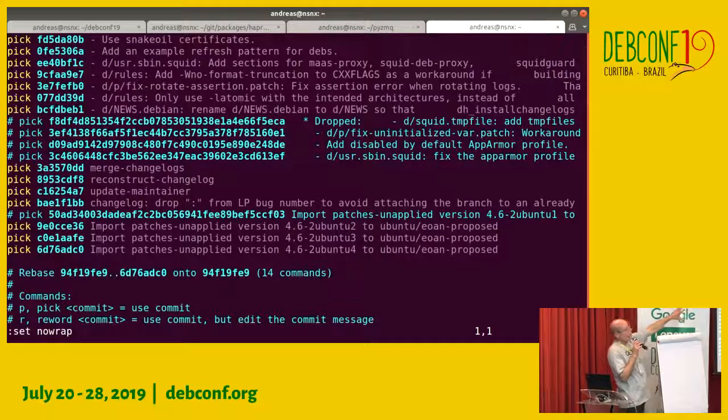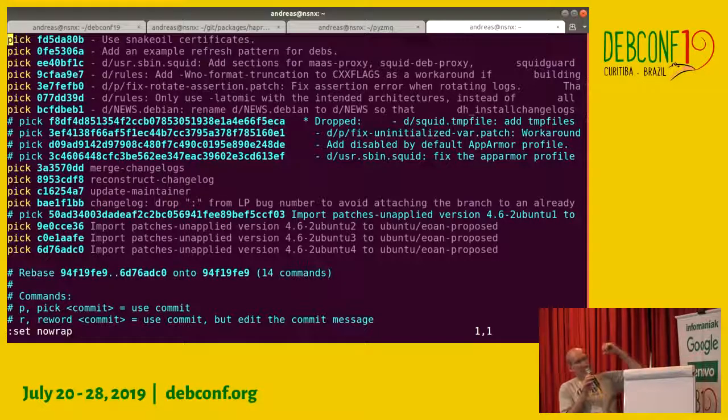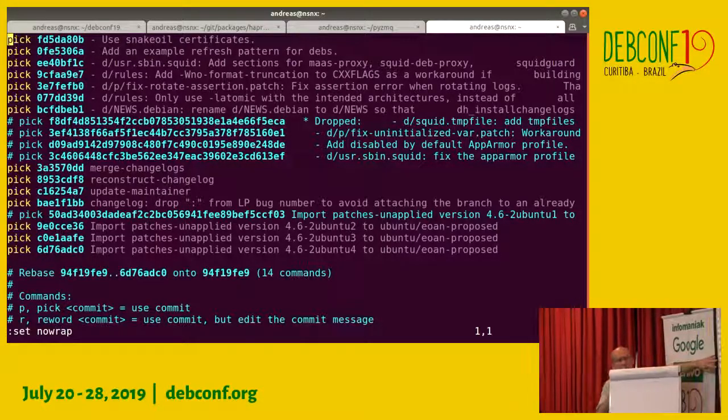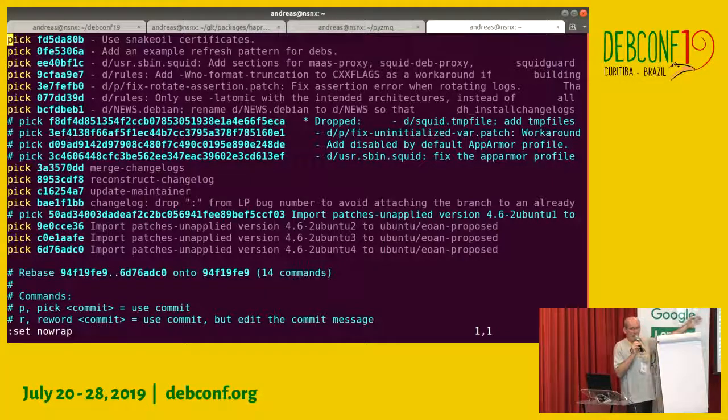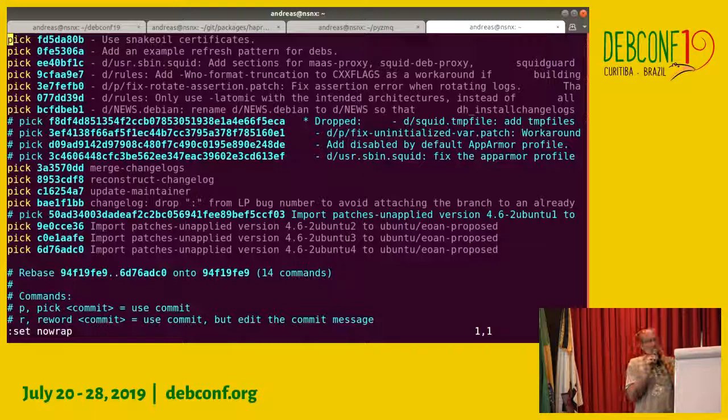This is the current Delta. Up here, we have the commits already split into logical changes because this came from a previous merge I did. But then we have these last three here, which were uploads done by another person in Canonical who didn't follow this workflow, so they become import commits. This probably doesn't happen in Debian that often, and when it does, it's a big thing when somebody else uploads your package. But in Ubuntu, it's super common, and it's just work. So in this case, somebody else was trying to fix the GCC 9 issues and did several uploads to try to fix that. So what I need to do,